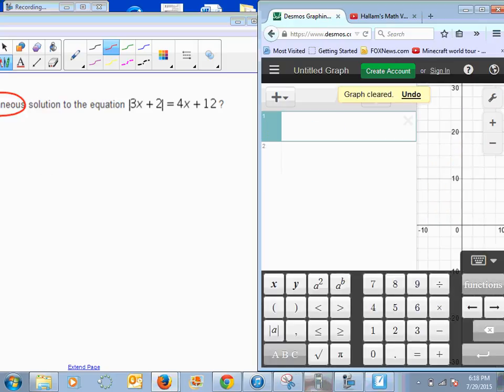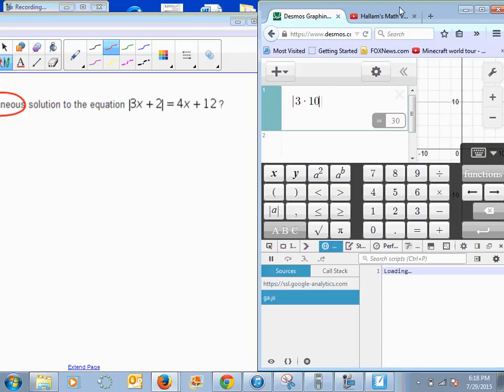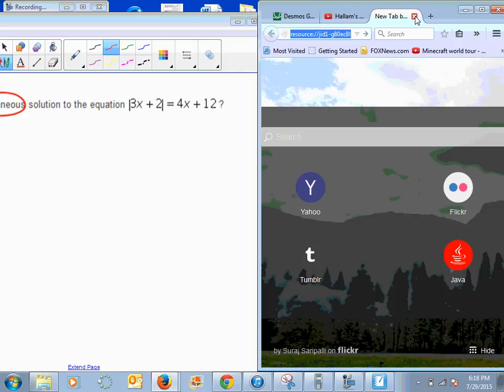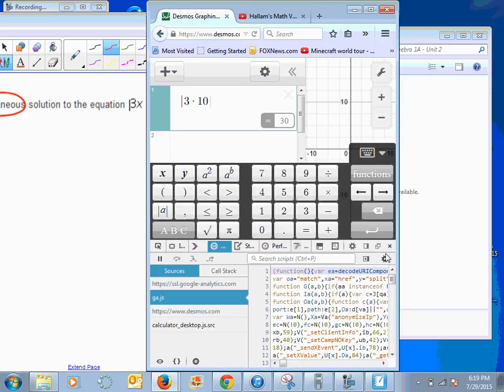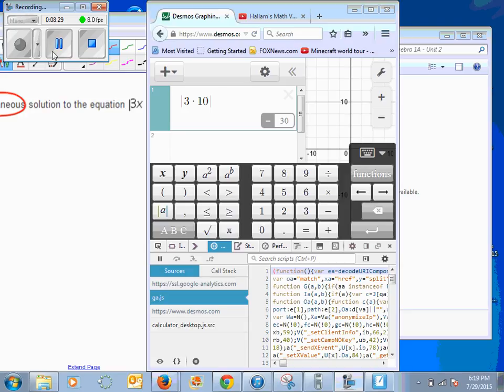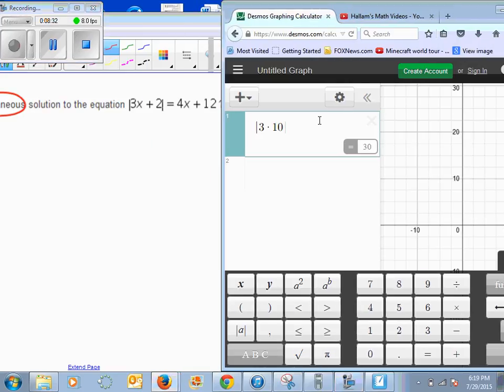So we're going to say absolute value of 3, now instead of x, we're going to plug in a 10. 3 times 10 plus 2, all right, equals 32. Now we've got to take that other side. We're going to say 4 times 10 plus 12. Okay, so notice you got 32 and you've got a 52. You need these two numbers to